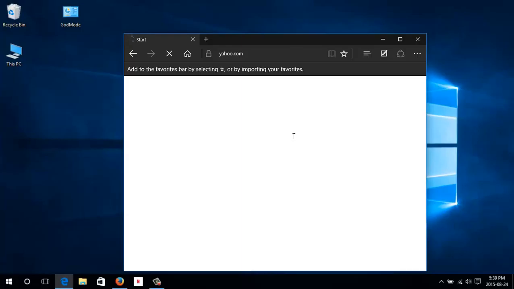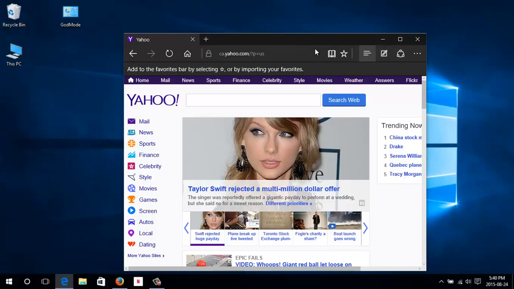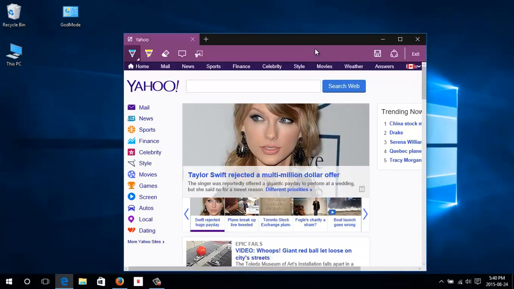Okay, now you see this right here? Click on that and you can make a web note. Okay, so now you see some tools have appeared up here. When you put your mouse over them, it shows you what they are. So we have our pen, our highlighter, our eraser, and add a typed note